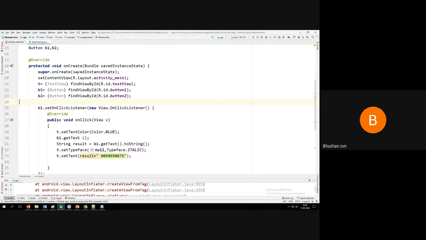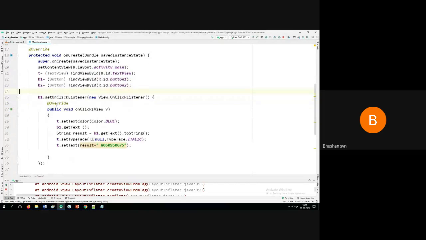Now we have created the objects of these buttons, and when I click on button 1, some action has to be triggered.